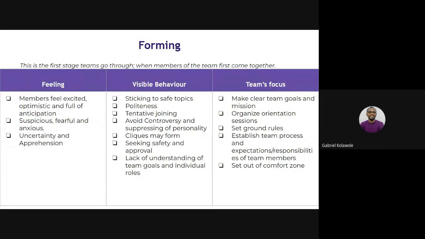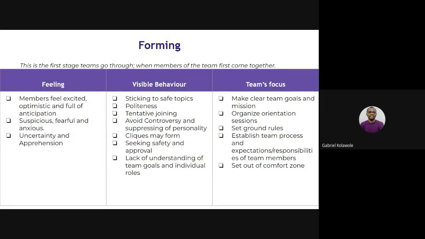Give enough information to people. Let there be ground rules. One of the things I do when I join teams is I set team agreements. Let us agree how we work together. No assumption of this is that and that is that. Everybody knows what is expected and required of them. We establish team processes and expectations.